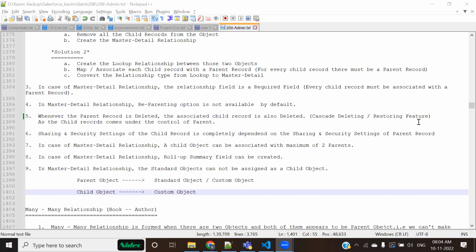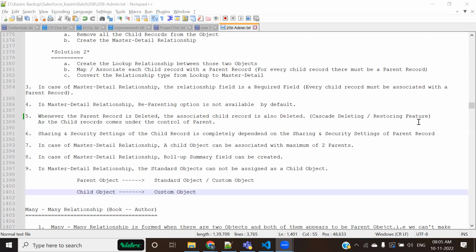So this is the language that usually these non-technical team members or maybe your client would use. You have to understand what they are talking about. They are talking about a relationship. So what you have to decode is that they are asking us to create a relationship between those objects. Now, okay, this is clear.